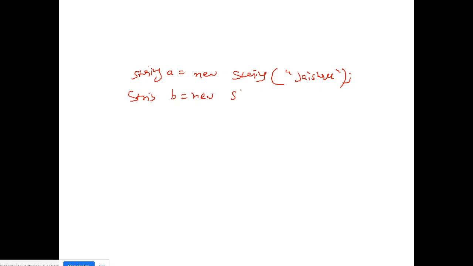Here I have typed string a is equal to new string Jayashree, string b is equal to new string Jayashree, right? So what happened first? An object was created for a. This was object a, and it has some address.